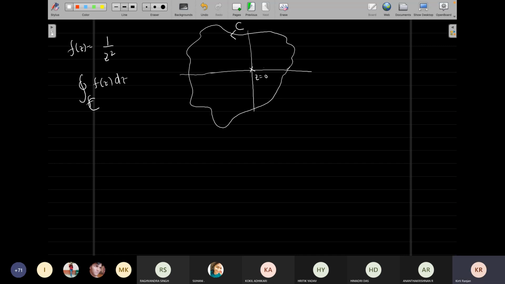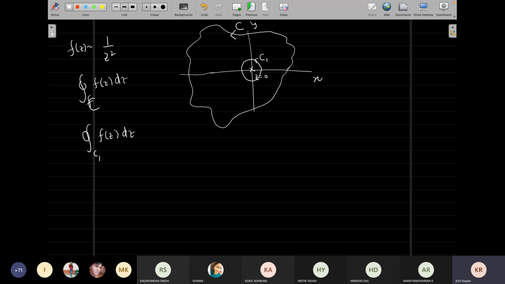You will say that I will use now the principle of deformation of path, or path deformation, and I can build any arbitrary contour, which I can even take to be a circle. And instead of evaluating over this C, I will evaluate my result only on C1, which is nothing but a unit circle in this complex plane, about z equal to 0.